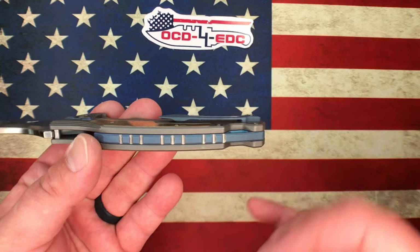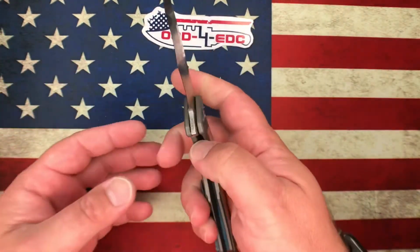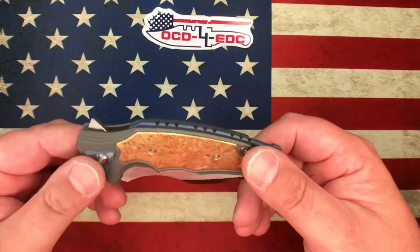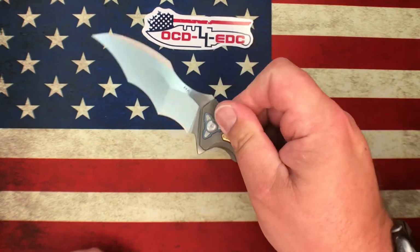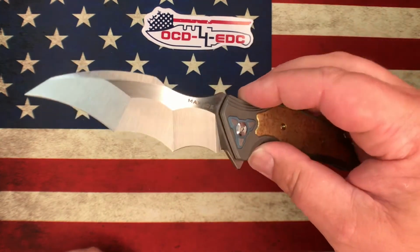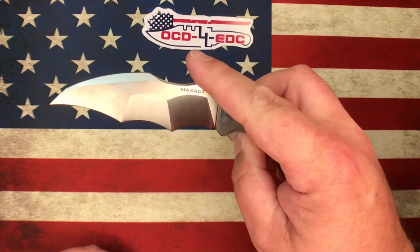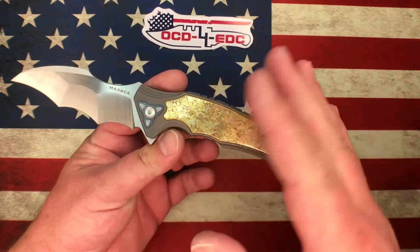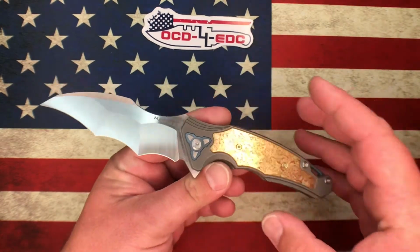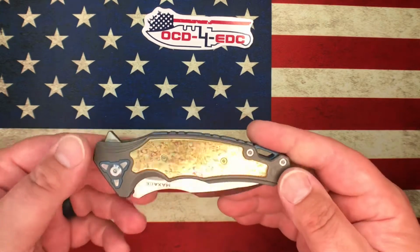And then the two-tone. I think this knife deserved the two-tone, just how fancy this knife is all the way around. And man, this knife is very, very well made. I know it's kind of a crazy, Batman looking thing, but this knife is definitely well made. And yeah, really cool. So anyway, like I said, I'm going to cut into another video showing off some other